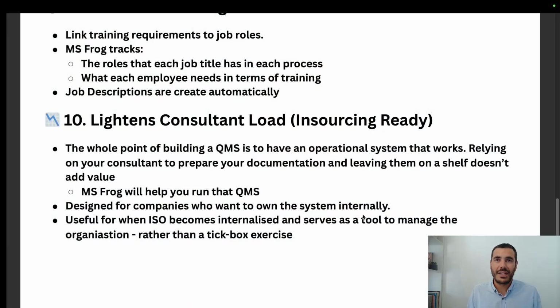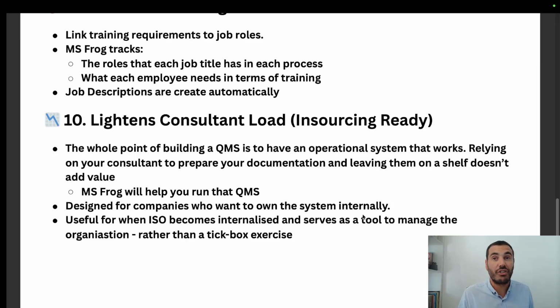And I believe that is the role of a consultant, not to ensure compliance. Ensuring compliance is very easy with MS Frog. Working with a consultant should mean that you are not only achieving compliance, because that is easy, but you up your level and structure your business and organize how you work to achieve the freedom that you and your employees deserve, in terms of not constantly firefighting, but rather working in a more proactive way because your business is now finally in control. Those are the 10 benefits that we saw